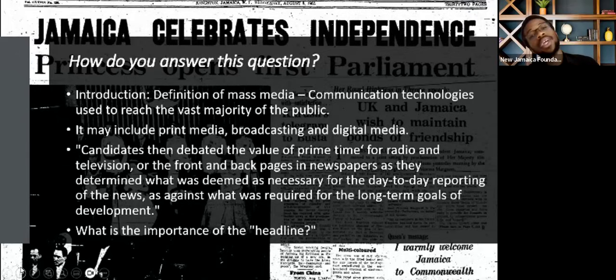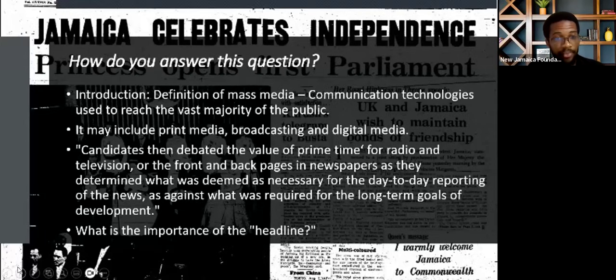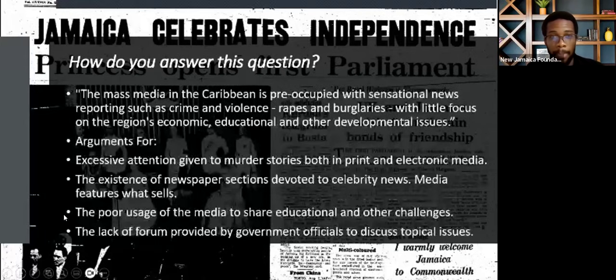But that is if you define the role of the mass media as informing you on national issues. So basically, you need to outline your parameters in the introduction. Definition, look at the examples of mass media, and then what should be the role of the mass media. And then from there, if you argue that the mass media is preoccupied with sensational news, you can look at